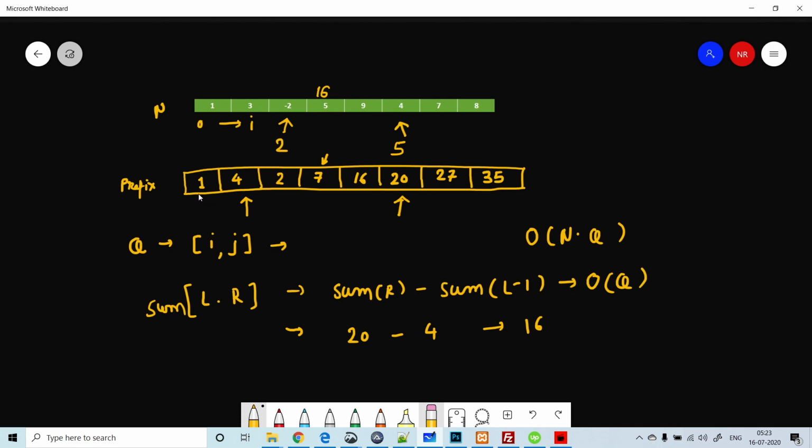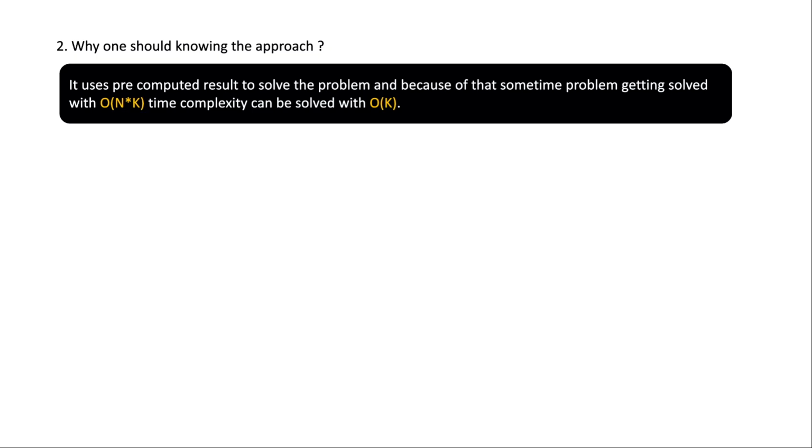So with this, if you calculate the prefix sum, then finding sums for Q different range queries is going to be a constant operation. That's where we get a benefit in calculating range sum queries. All right, now let's go back. Why should one know this approach?